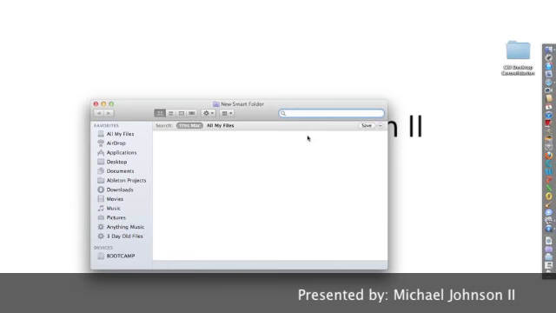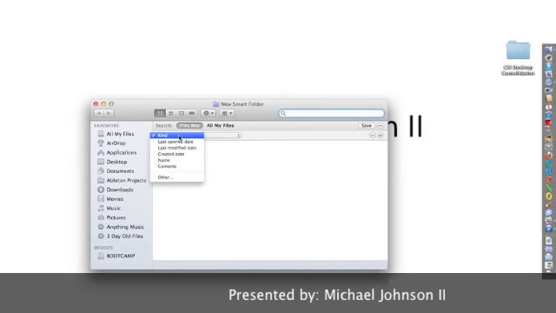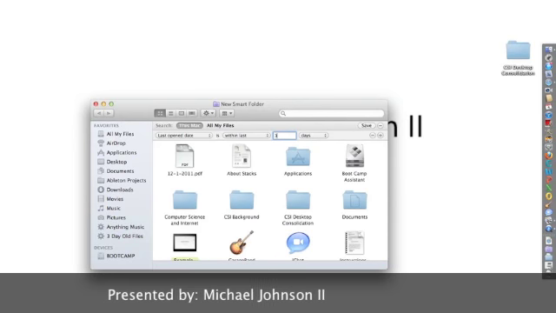And the first thing you want to do is hit the plus sign to add that smart folder, and right over here you can set the criteria. And what we'll set the criteria for is last open date. And what this will do is show you any files that you've opened within the last set amount of days. And after that,